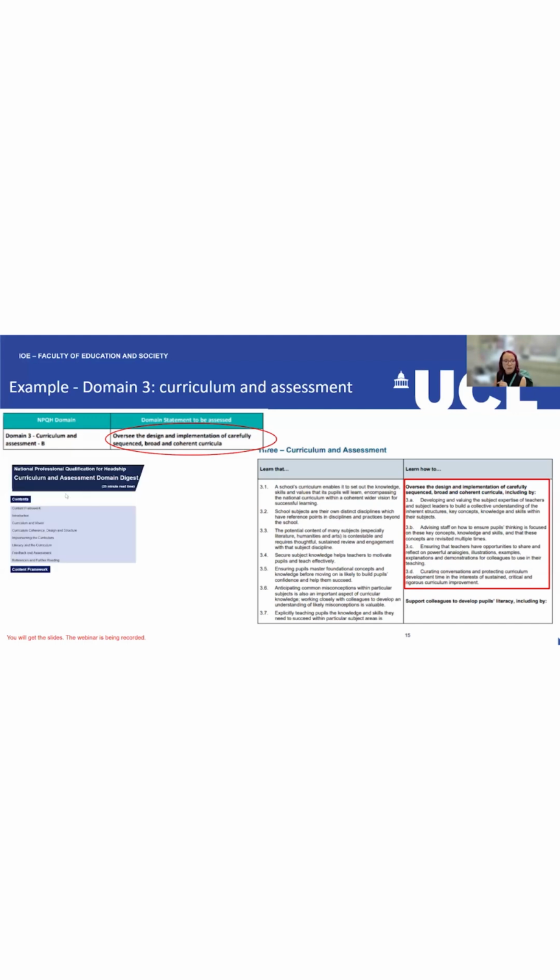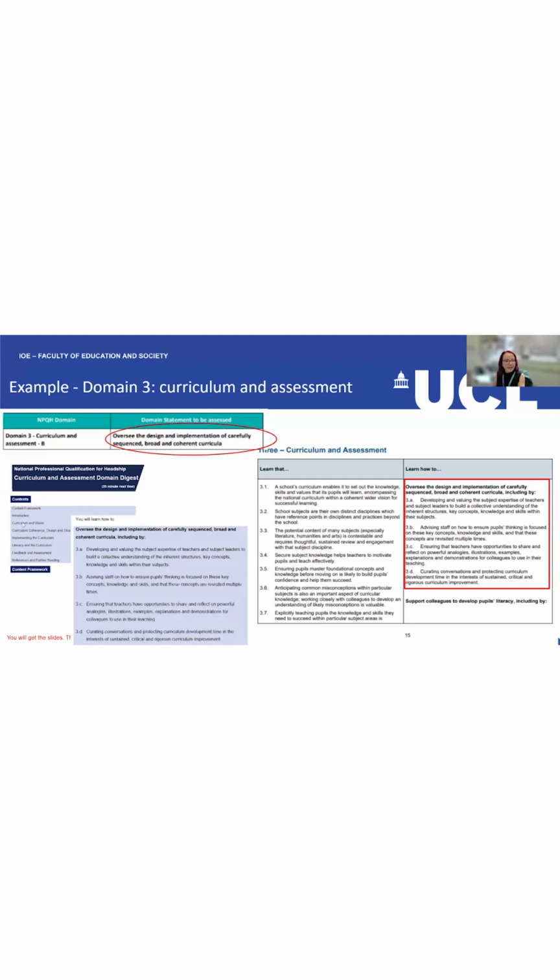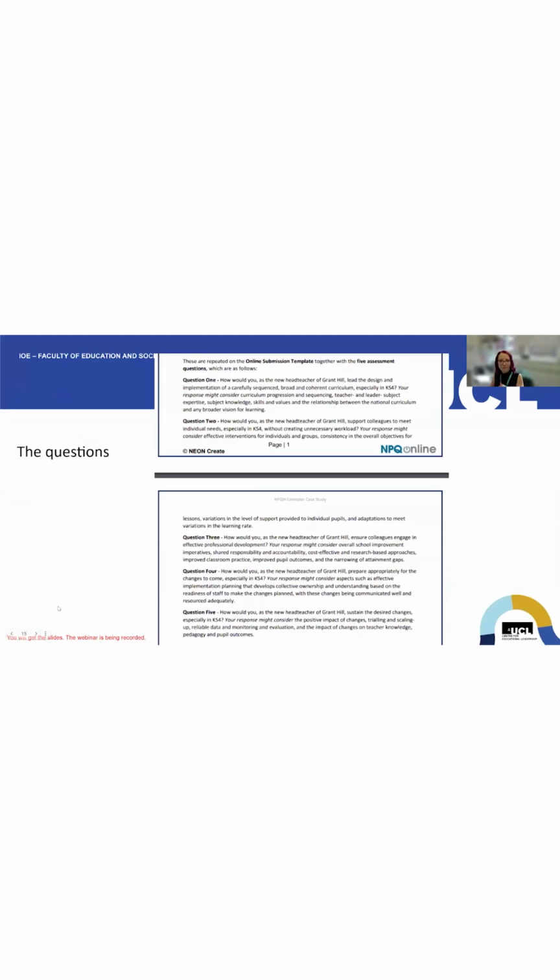And if you go to Domain 3 Curriculum and Assessment in your digest, you'll recognise the look of the front page of this. You'll see it in here as well. So under Curriculum, you'll see that statement. What's in your Domain digest from UCL and from your delivery partner matches exactly with these statements. That helps me see that this is my domain, this is my domain statement, and these are the 4 things that I'm going to have to make sure I get into that response. So I can start to unpick the question before I've even read the question.